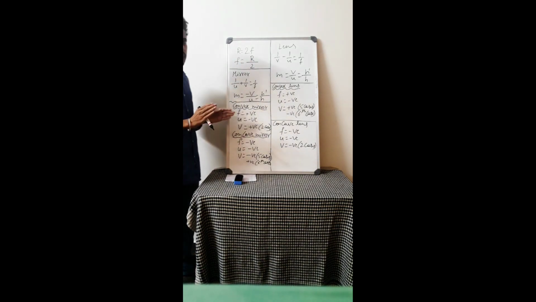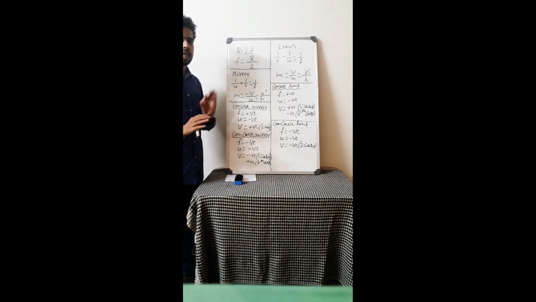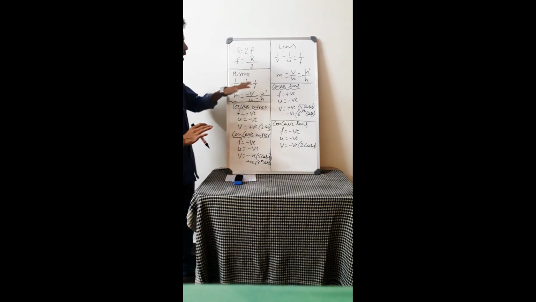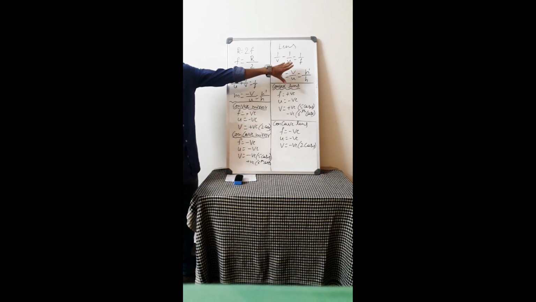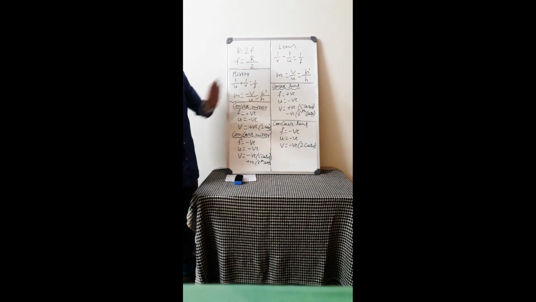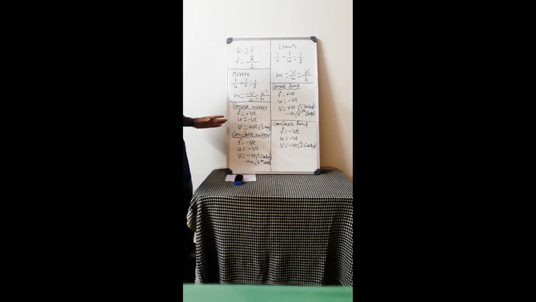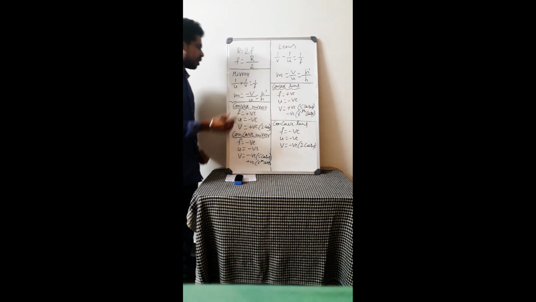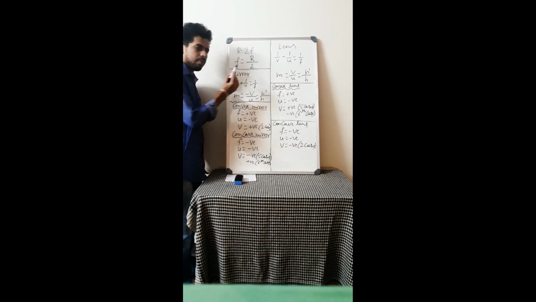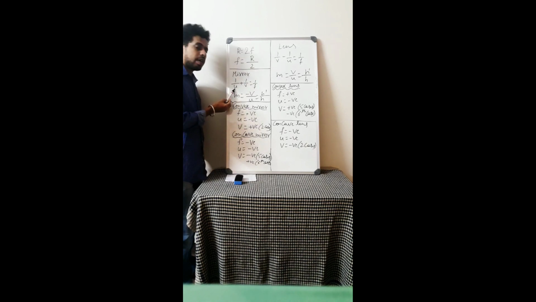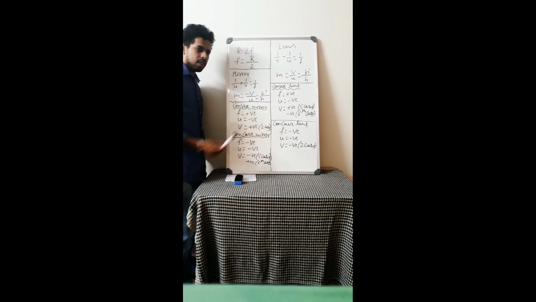In your chapters, we have studied about mirrors as well as lenses. The mirror formula is the same, whether it is a convex mirror or a concave mirror. Whether it is a concave lens or a convex lens, the same lens formula is used. So you need not remember different formulas for different ones. The same formula will do for both types of lenses, and the same for mirrors. Your mirror formula is 1 by u plus 1 by v is equal to 1 by f. You already know what u is here: u is object distance, v is image distance, and f is focal length.